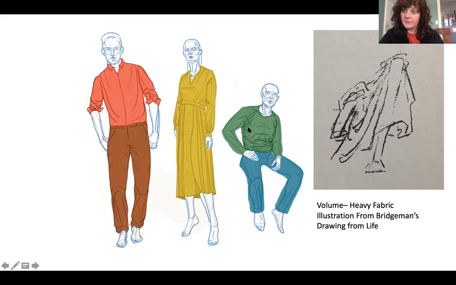With those kinds of folds and heavy material, you see it in this volume drawing from Bridgman's Drawing from Life, but also my drawing here. You see slightly different characteristics in your folds, and you should draw them slightly differently. If you want to suggest a heavier fabric, instead of drawing your folds with really long arcing strokes that denote the gravitational pull and that slow looping direction down towards the floor,